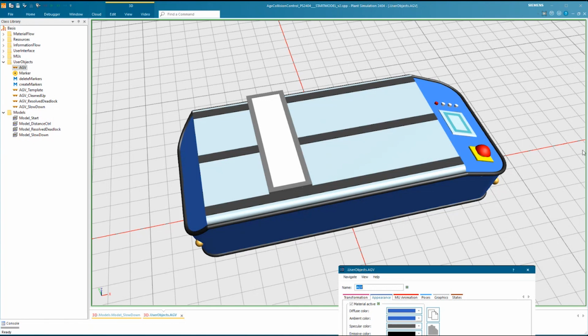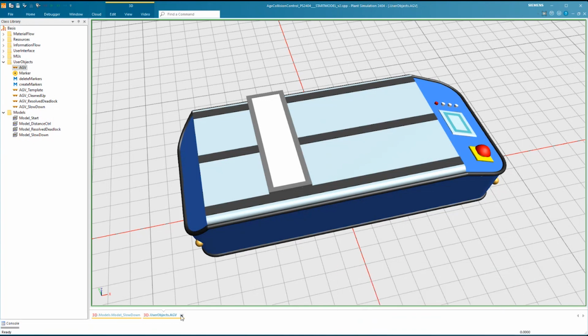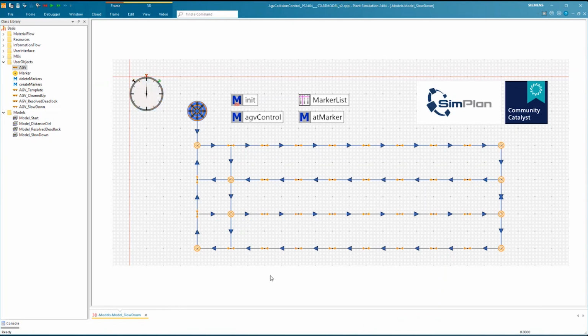But in general, if you are working with free moving AGVs, you should always try to use the latest software version, because this is one of the features that are constantly being improved and evolved, and new features are added. So I would always encourage you to use the latest version if you work with free moving AGVs.